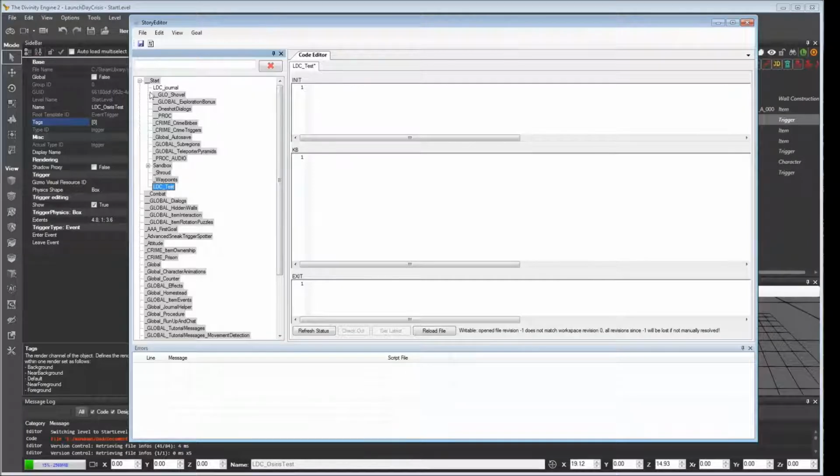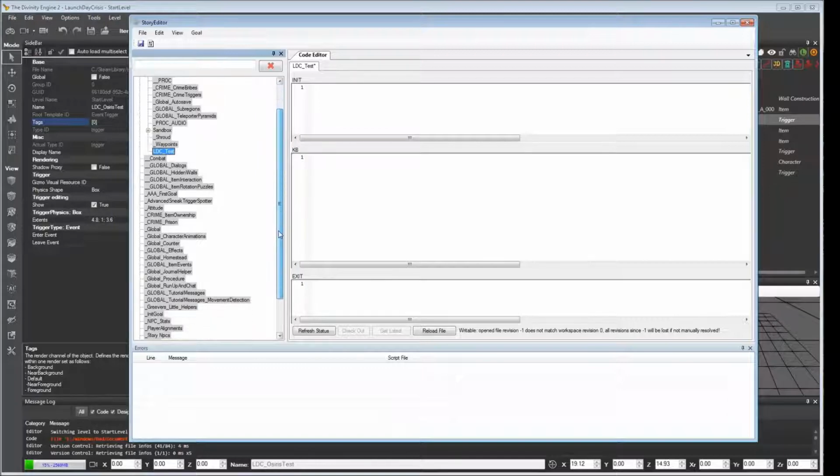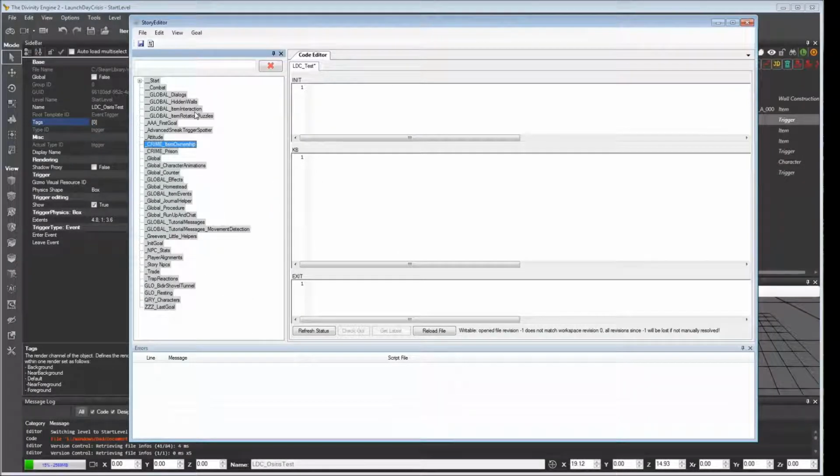Now that can become a little bit of a problem, because what if, for instance, we have our LDC test here, and maybe it wants to make use of something in the crime item ownership. Maybe there are some procedures in there that are helpful to us and we want to use them. We want to make sure that all of the code in there is initialized before we try to make use of them. When Osiris begins, it's going to run down the list and it's going to run the initialization section of each goal. Then, once a goal completes or exits, it will then run the initialization code of any children